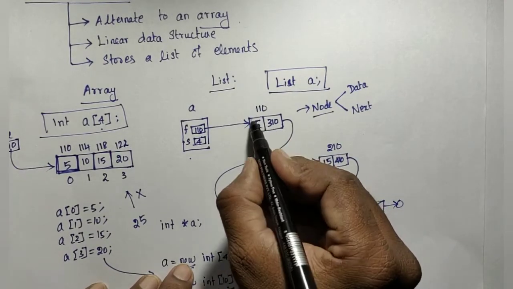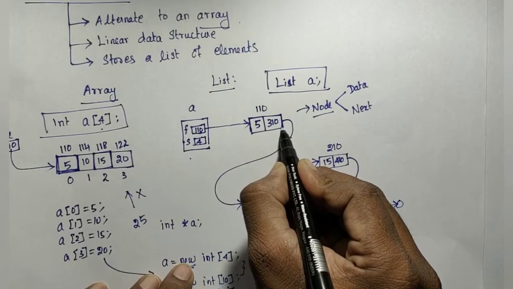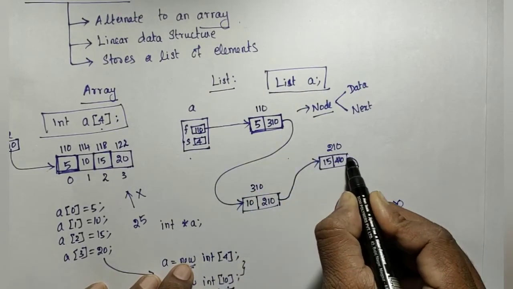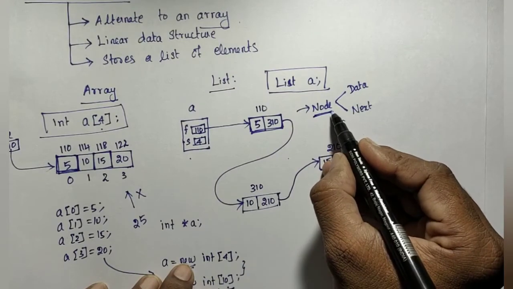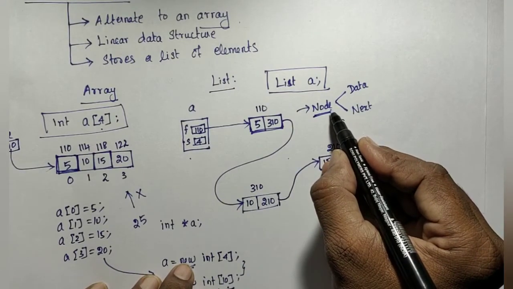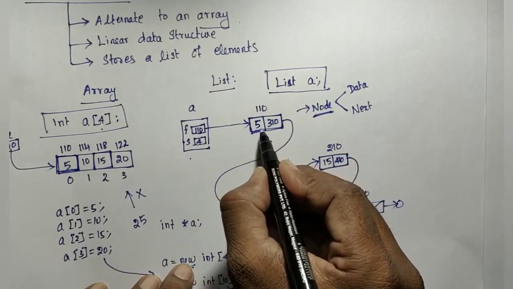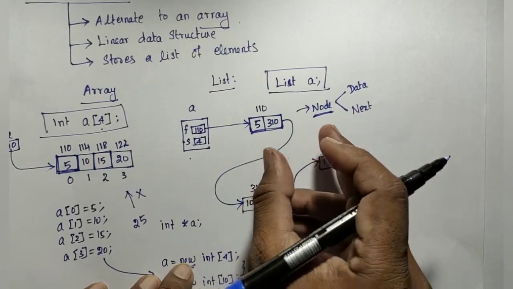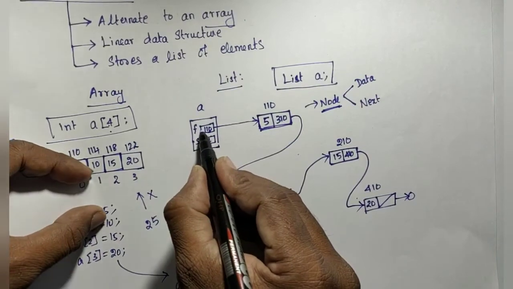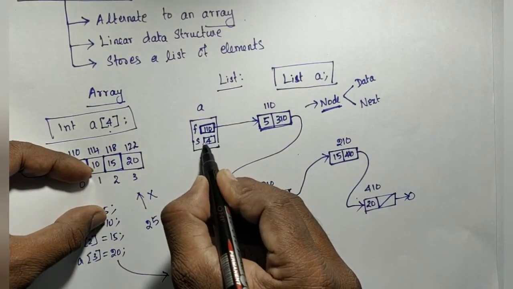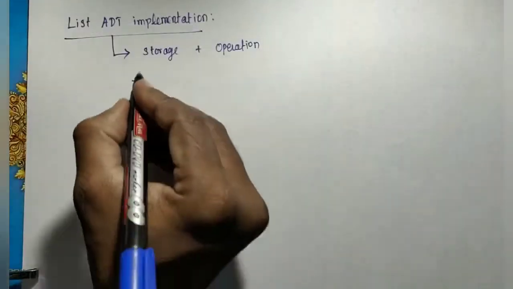Now come to the type of the node, the type of the element. So what should be the type of the element? Here it is called a node. The node type is not built-in available in C++, because this is going to store two kinds of information. I will explain how to create that. Now you come to this: the storage is the address of the first element, and then the size. Only that I need.